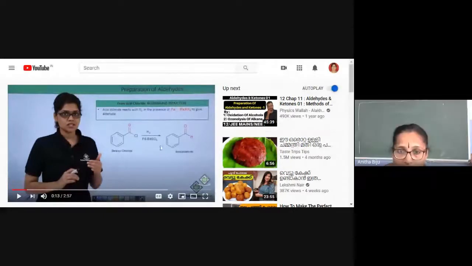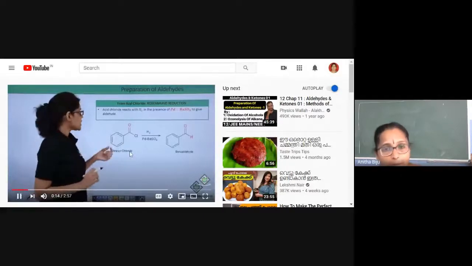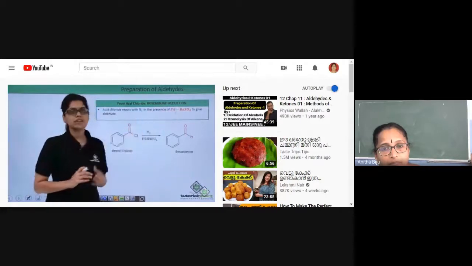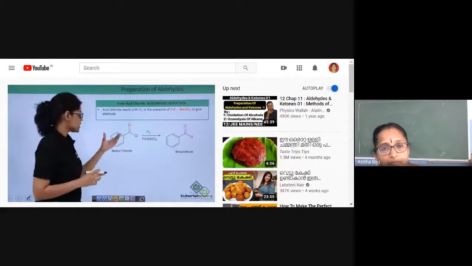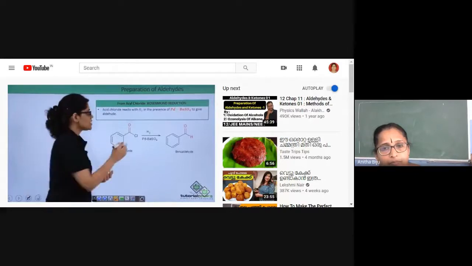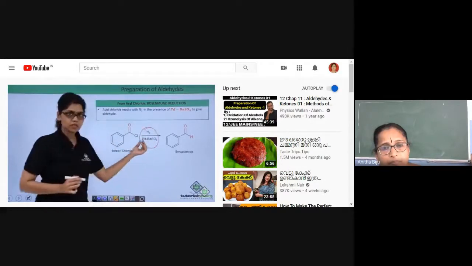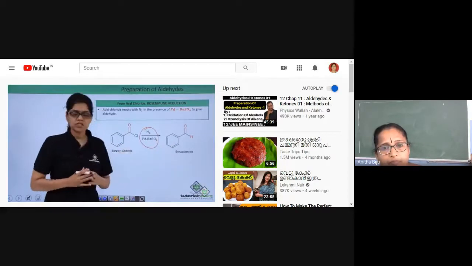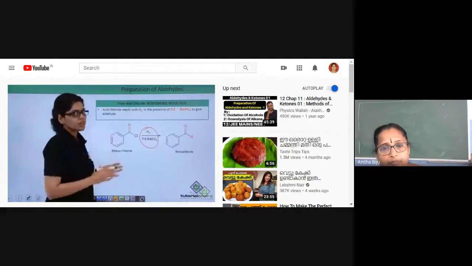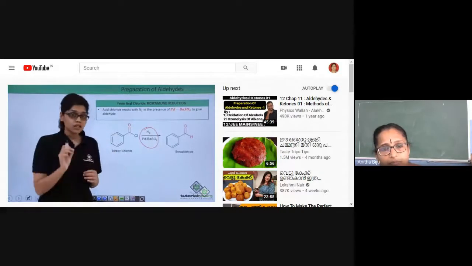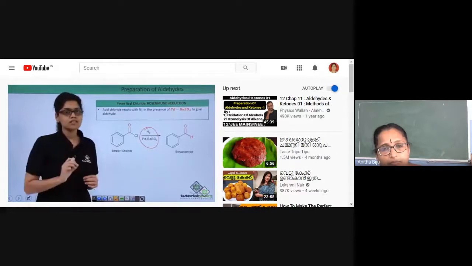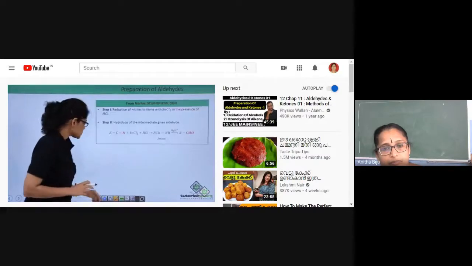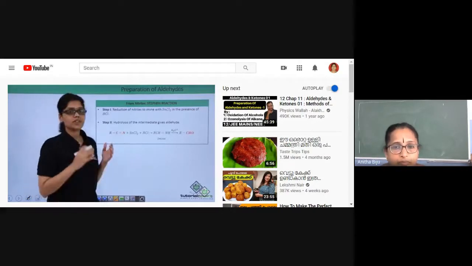In this reaction, we are reacting an acid chloride with hydrogen in the presence of palladium BaSO4 to get the corresponding aldehyde. As you can see, the reactant here is benzoyl chloride. When it reacts with hydrogen in the presence of Pd/BaSO4, the reduction takes place and it gives the corresponding aldehyde, which is benzaldehyde. This is what happens in Rosenmund reduction, where your starting material is an acid chloride and your reagents are hydrogen and the palladium BaSO4 complex.